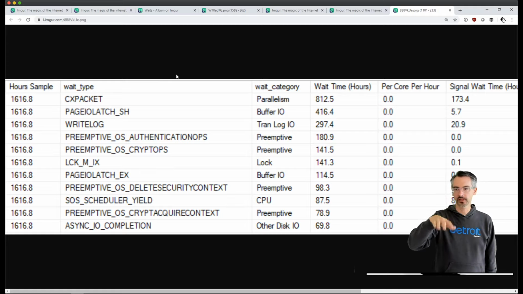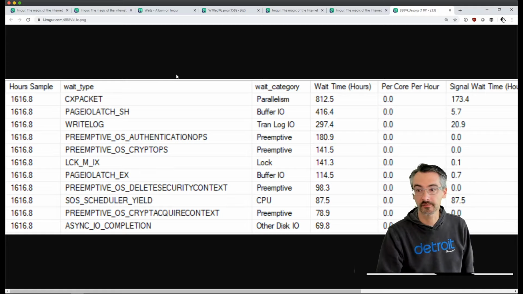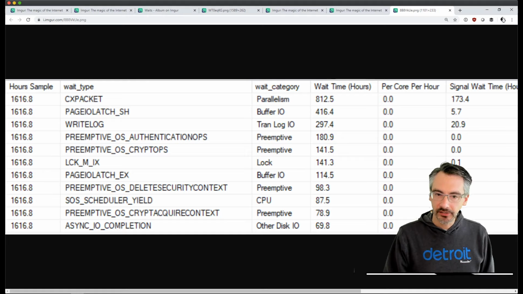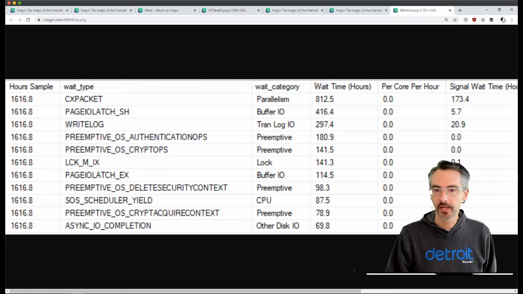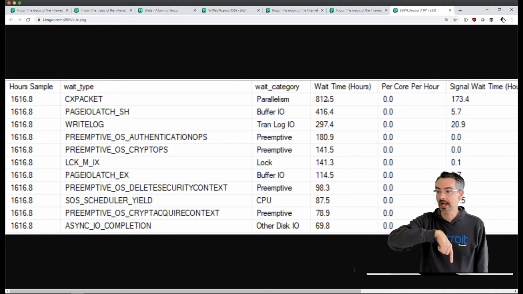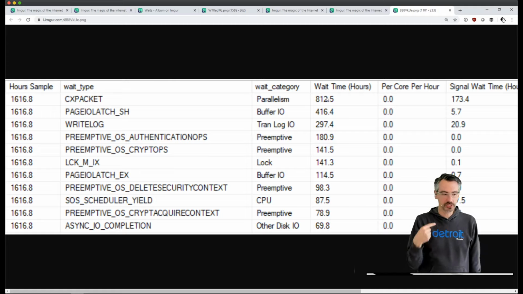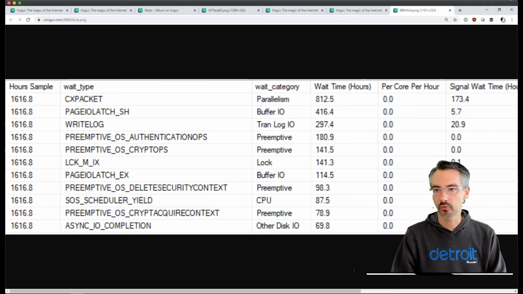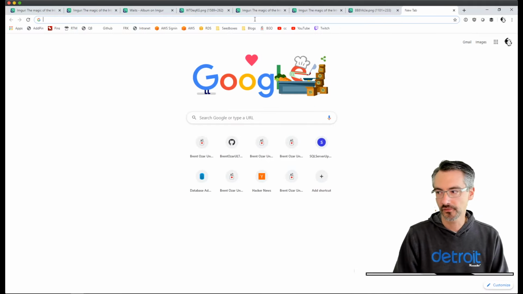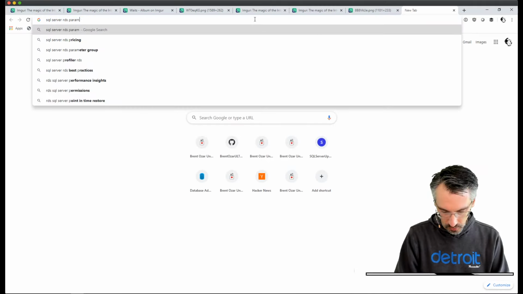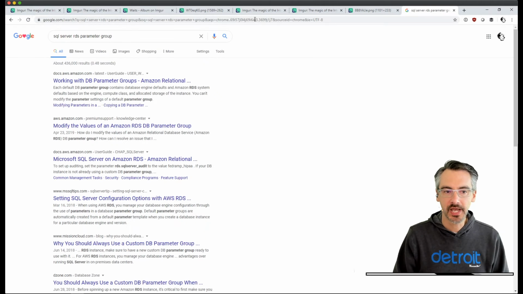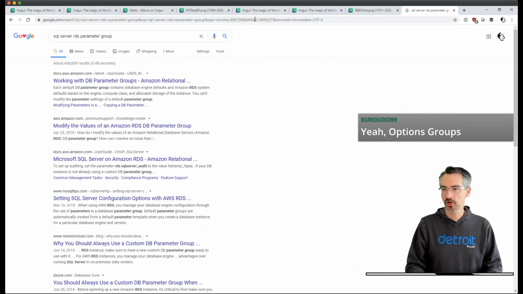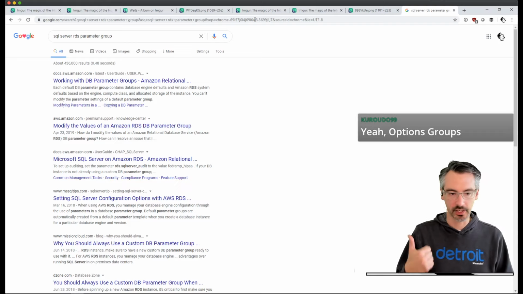So Carudo, you want to make sure to patch. RDS lets you control the patch level that you go to. Just make sure you go to a current patch level because you're pretty far behind. Having said that, in 1,600 hours' worth of uptime, which is admirable, you've got about 800 hours' worth of parallelism waits. You do get the ability to set cost threshold and max DOP in RDS. They're called parameter groups. If you search for SQL Server RDS parameter group, you can set parameter groups that will be used on startup. The option groups, yep, there you go.